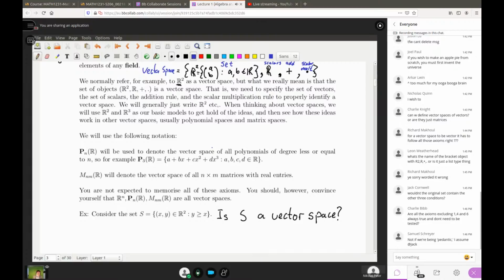Charlie, if you're trying to prove something is a vector space, yes, you need to show that all 10 of those axioms are true. But the good news is that it is only rare that you get asked to prove something is a vector space by proving all 10 axioms. Mostly what we talk about is vector spaces living inside known vector spaces, so you get a lot of those things for free. We'll get to that later. That's not for today. What we end up doing is mostly just using known vector spaces to build other vector spaces, and it's a lot easier to go about proving things that way because most of the work is done for you.